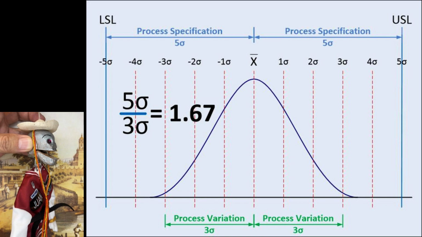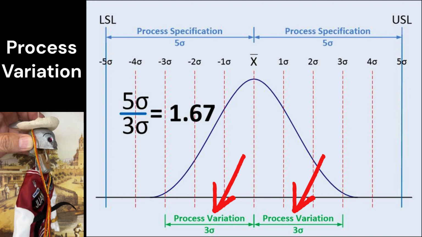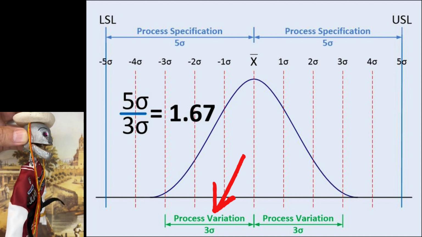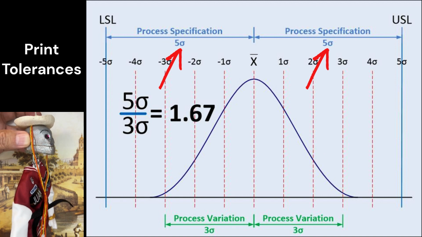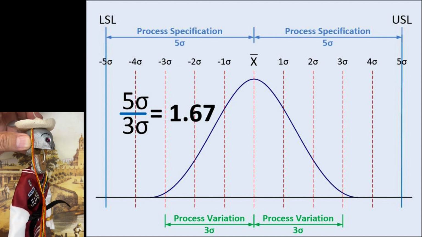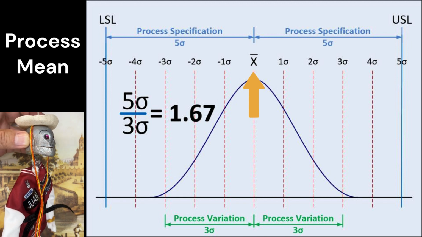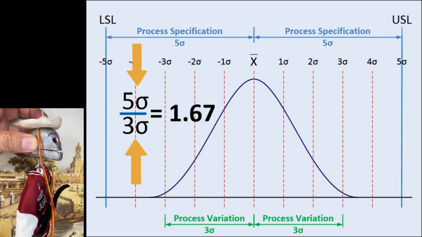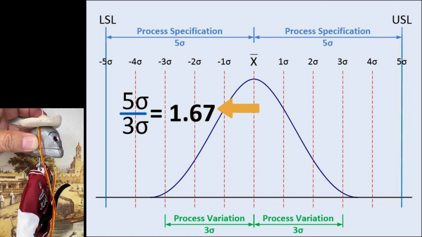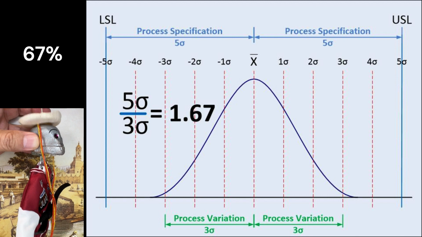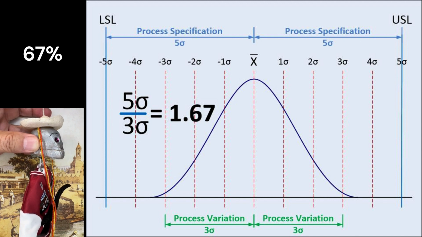Before we start our calculations, let's review where the numbers 1.67 and 1.33 for capability indexes come from. As you can see in this chart, the normal variation for the process is represented by 6 sigma, or 3 sigma on each direction. And the print tolerances are established at 5 sigma on each direction from the center of the specification or the process mean. If you divide 5 sigma over 3 sigma, you will obtain 1.67, which means that you have a safety factor of 1.67. In other words, your process needs to have a variation larger than 67%